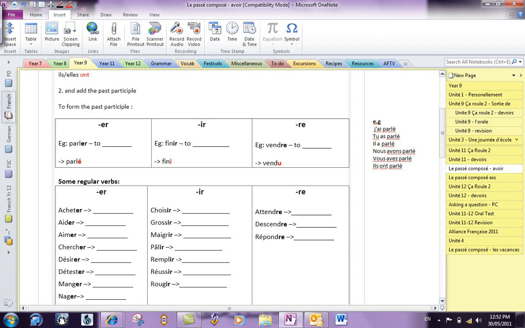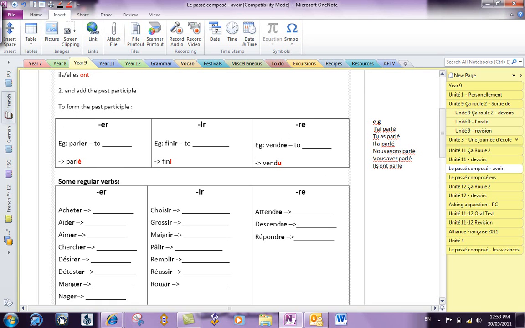What have I done with IR? With finir, you've just knocked off that R, and we've got fini. J'ai fini, that's right. And now vendre, RE verbs are a little bit different, aren't they? What have I done here? You've taken away the RE and added a U. So if we took that first verb, parler, and we did the first thing, we conjugated